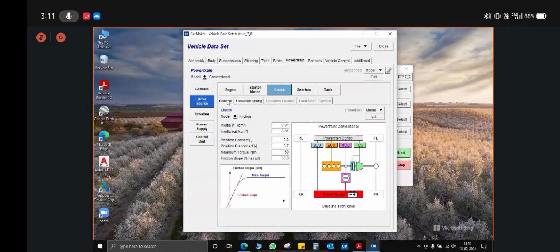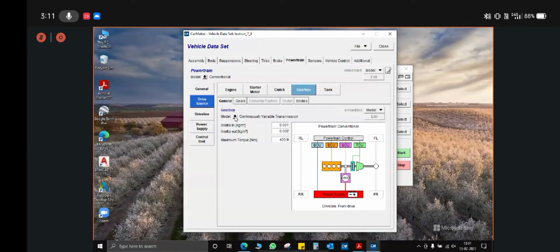Here I have put 400 in the clutch model friction, and here also in the CVT model I have put maximum torque 400 Newton meter. I am showing this just because both of these values should be equal. It is not necessary that this will be your value. Your value might be very low or very high depending on your design.